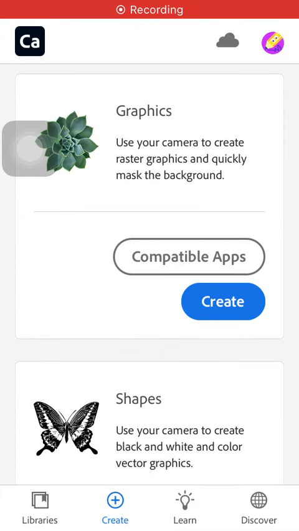Hello guys, in this video I'm going to show you how to create vector graphics and shapes on the Adobe